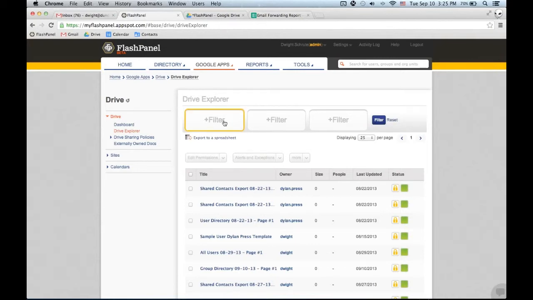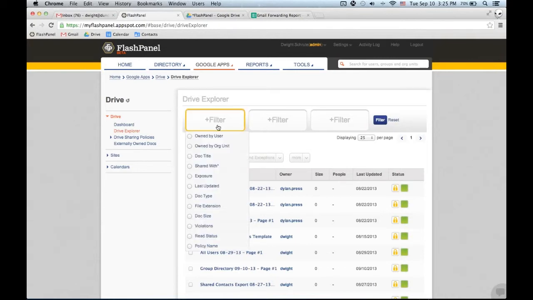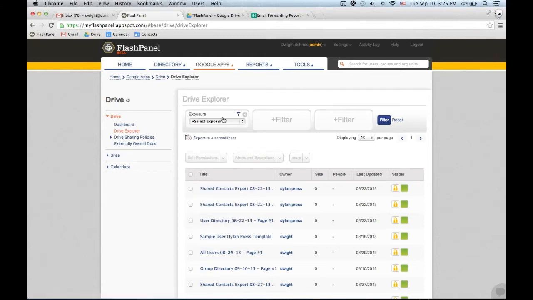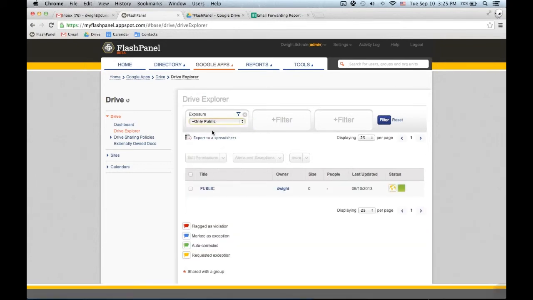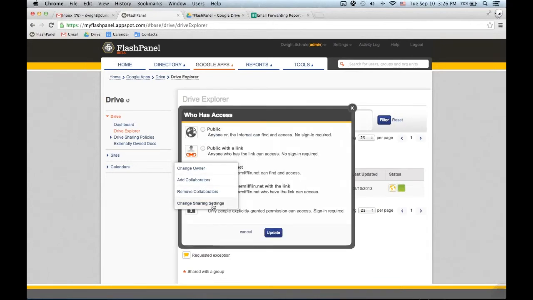From here, you can filter multiple different parameters to look for the document that you'd like to find. Exposure is probably the number one most used. Let's take a look at all public docs. If we click here, it looks like we've only got one, so that's a pretty good sign. From here, you can take action and change the owner, add a collaborator, remove a collaborator, and my favorite, the ability to remove the public and change it to a private setting, or at least on the domain,